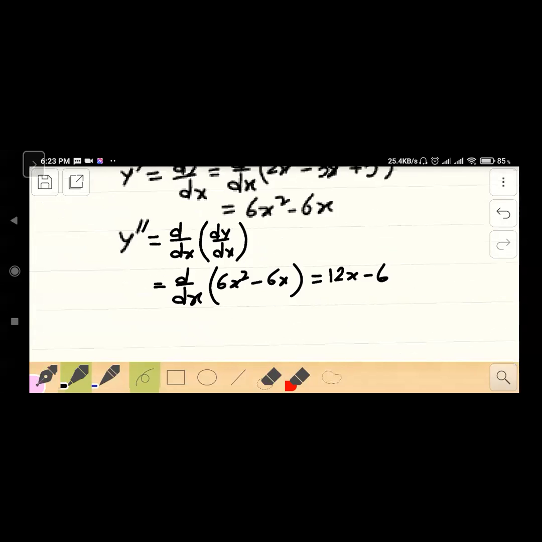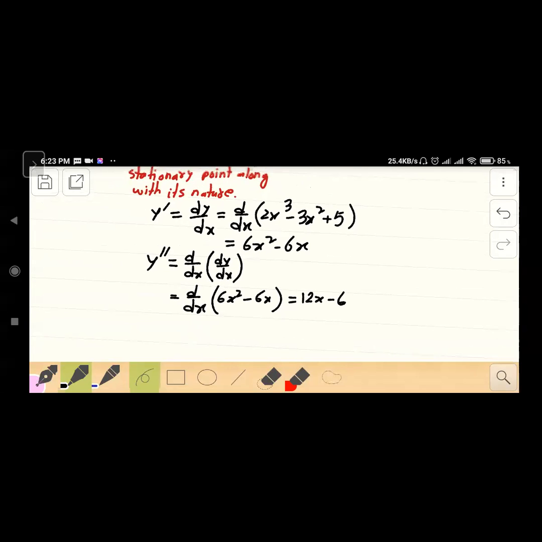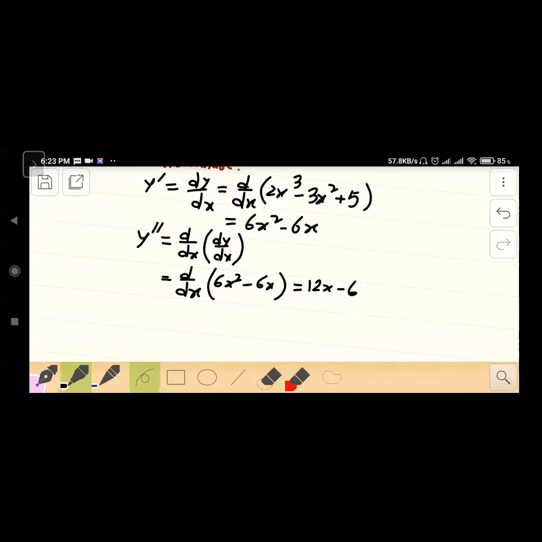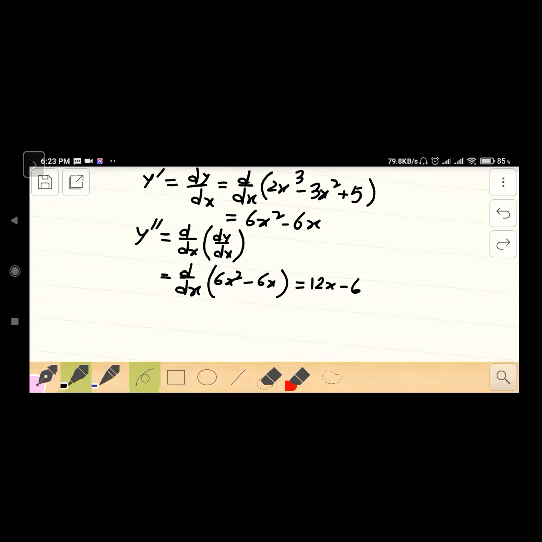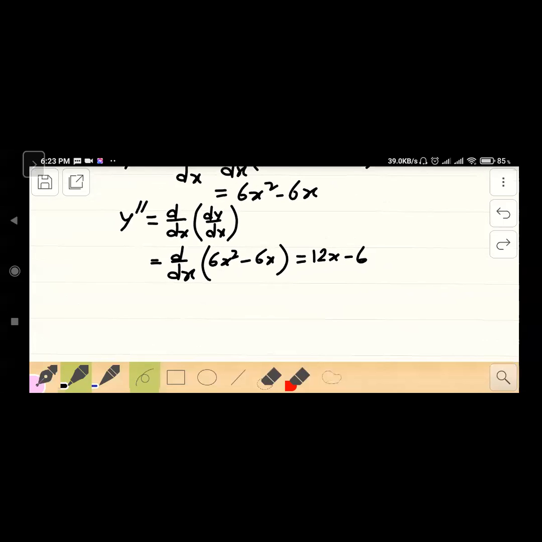12x minus 6. Okay. So we have got the expression for dy by dx, and we have got the expression for double differentiation. Okay. Now দেখো, এখন we already know that